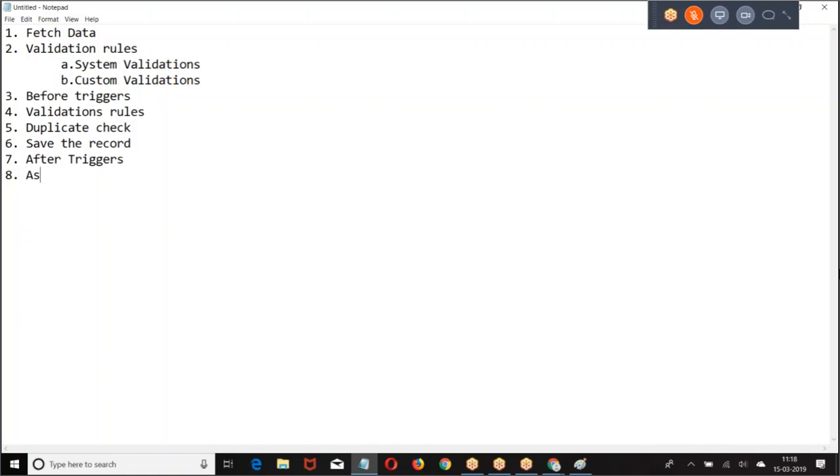assignment rules, auto response rules, workflows.